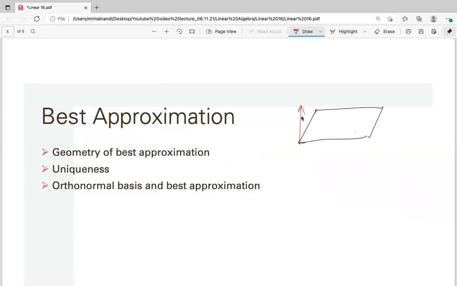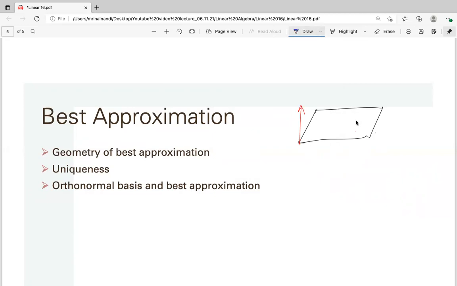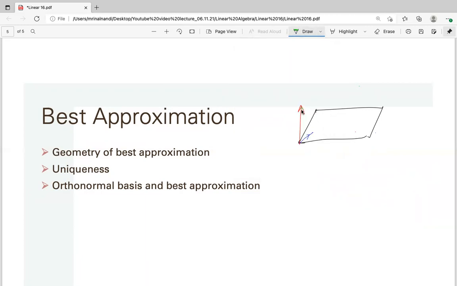So what is the best approximation? What is the best vector you can take in this black subspace which is closest to that red vector? And obviously this is nothing but the projection of